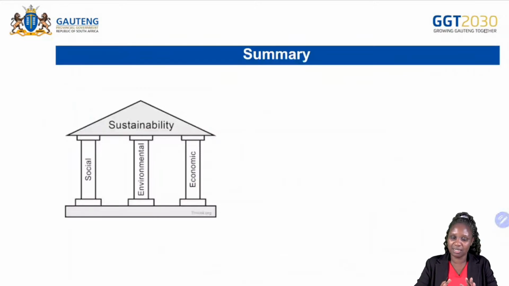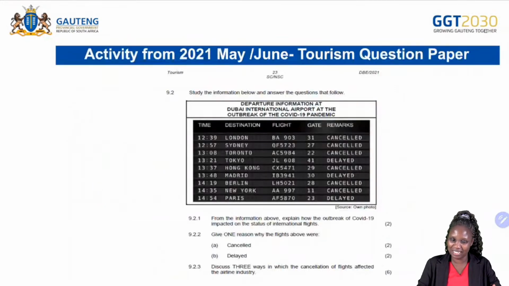And then there are also hotels in the area where the attractions are. You can see that most hotels will buy their fruits and vegetables in local supermarkets, and the local supermarkets buy their fruits and veggies from the local farmers in the area. Therefore, we are practicing responsible tourism. All right, you see the sustainability of tourism.